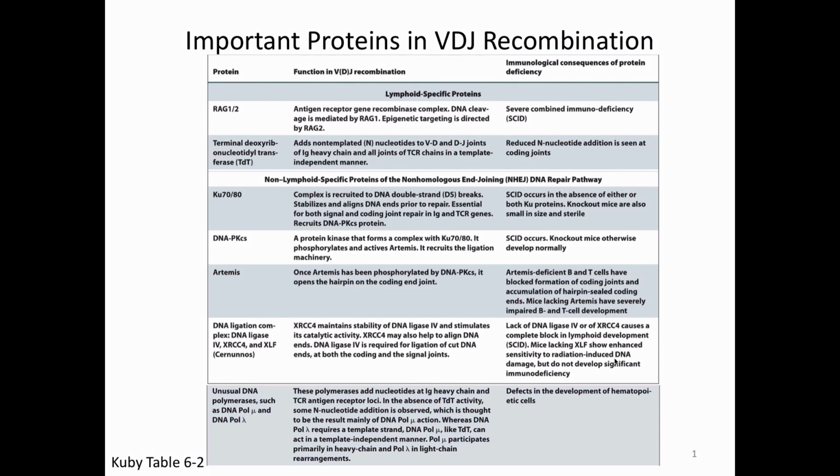So today we're going to continue talking about antibody diversity, and we're going to go into detail on VDJ recombination and how this process occurs. So I showed you this last time to talk about some of the important proteins of VDJ recombination. Today we're going to see a lot of information about RAG1 and RAG2, and so you'll notice those a bunch